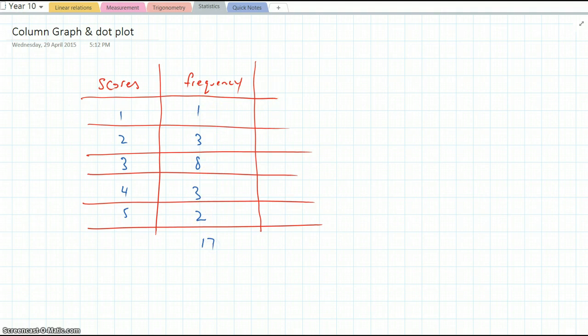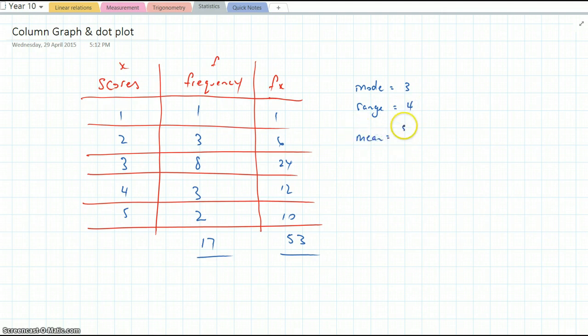We then worked out a frequency times score, when our frequency is f and our score is x, to be 1, 6, 24, 12, and 10, which add up to 53. And then just to get this information, our mode was equal to 3, our range was equal to 4, our mean is equal to 53 divided by 17, which, if we do a quick calculation, is